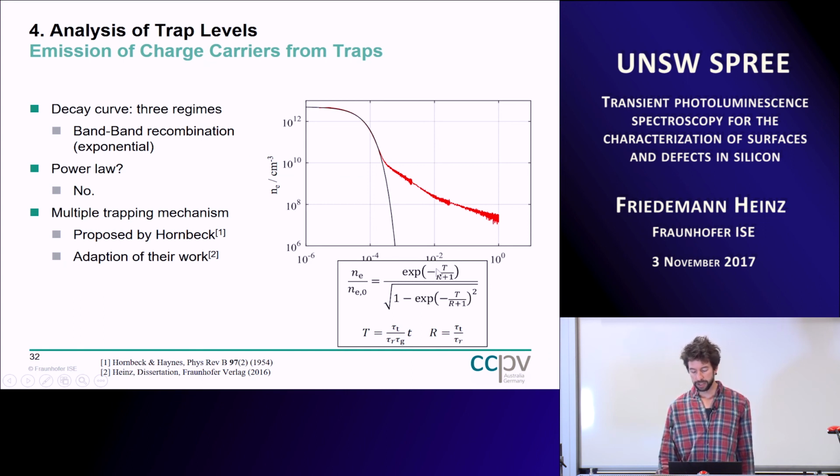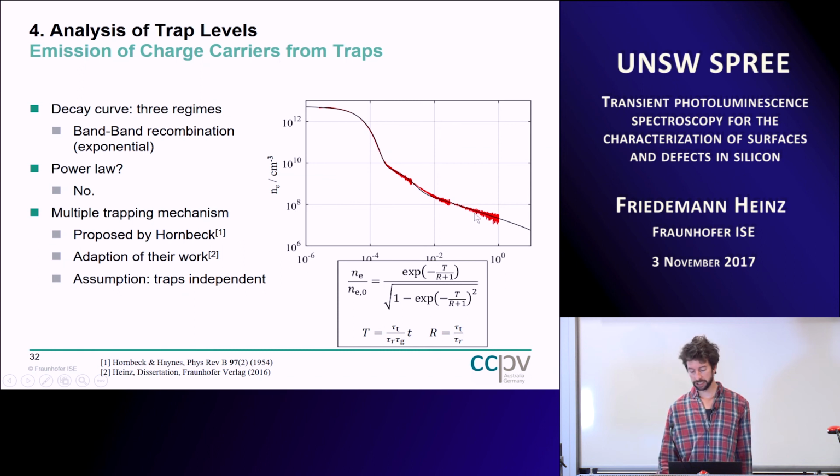So the time dependence of the charge carrier density is not exponential, but has a second term in the denominator, which should vanish for long time decays, but before that it's not exponential. We can fit this. Assuming these 2 trap levels are independent, we can first make a fit to the slow trap levels, and then add the fast trap levels. And actually, with such an approach, we can quite nicely describe this